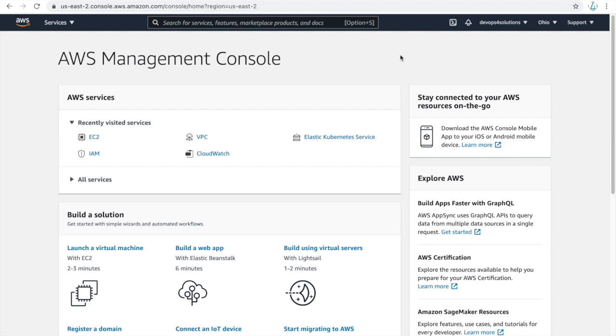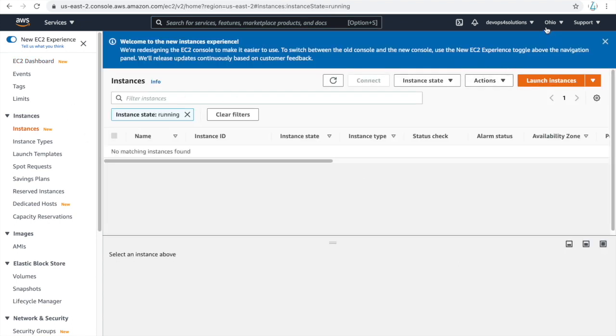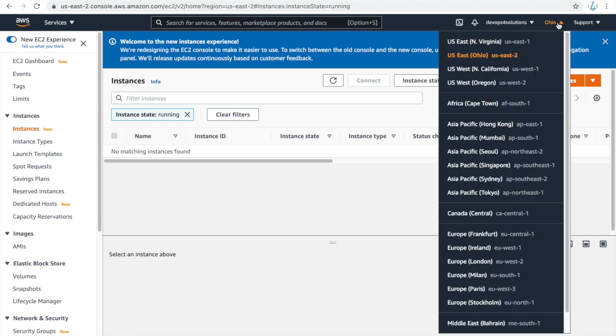In AWS, almost all the services are region scoped. If I click on EC2, just as an example, you see that whenever I'm browsing EC2 instances, the region is Ohio. So whatever I create here is available only in this region.